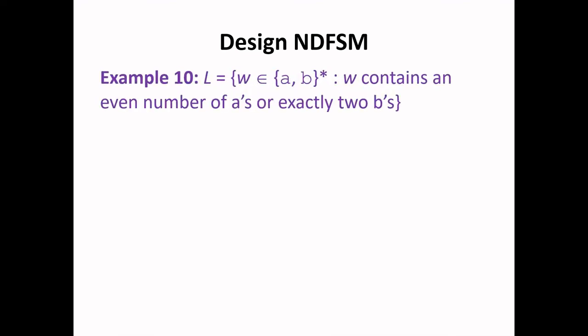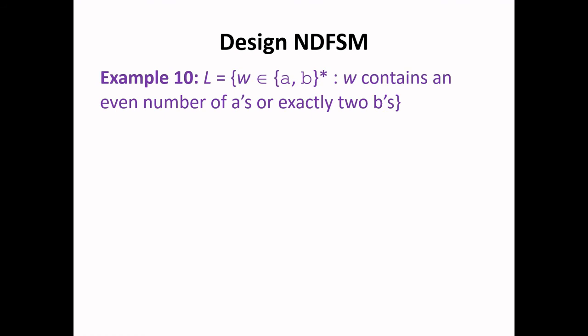A language containing even number of A's or exactly 2 B's. In this language, as we have seen before, we have two sub-languages. First, the language containing even number of A's, or second, the language containing exactly 2 B's. So, first what we have to do is,